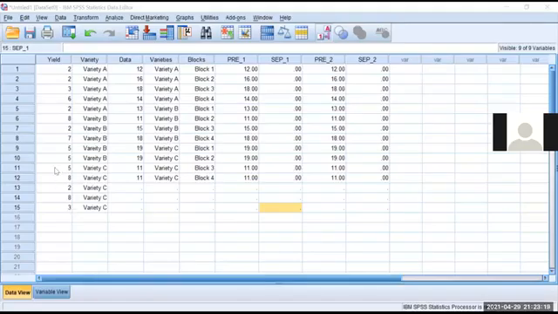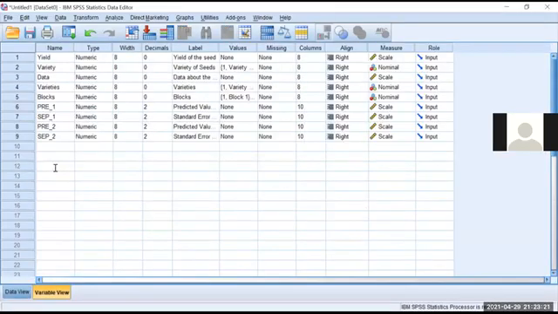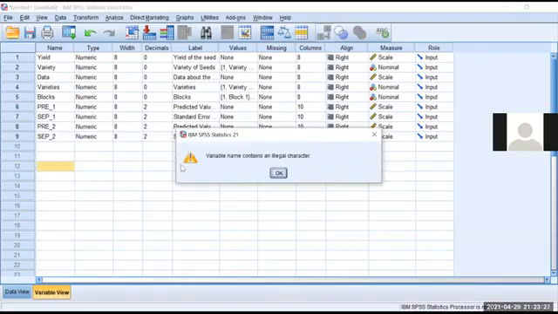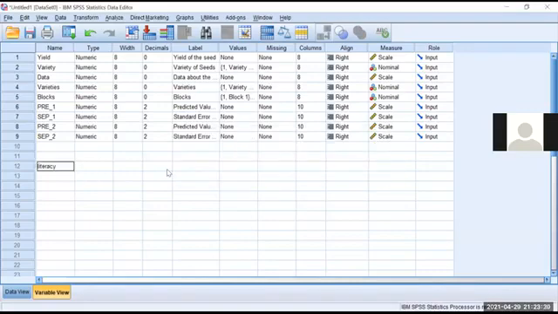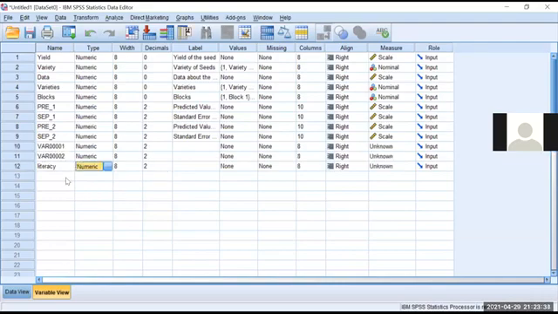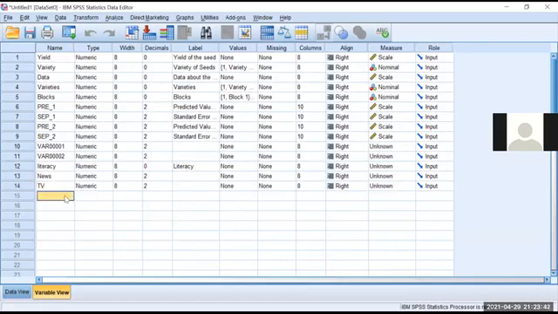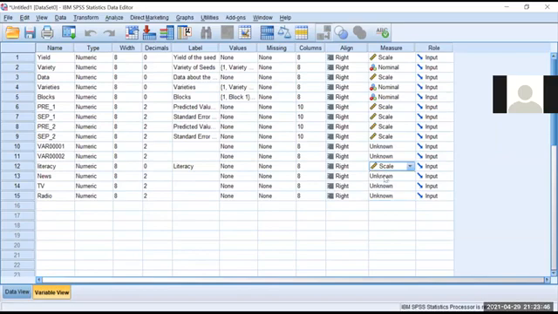Date. Next one is newspaper, right? Newspaper, and TV and radio. Sir, all these should be scale only, sir, because we are not going to nominate anything.